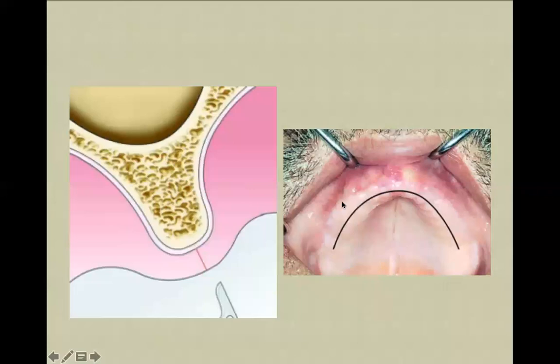You should leave an adequate and equivalent amount of keratinized mucosa on both sides. That's very important. That's very important for the next step, so the second surgical step, and the placing of the